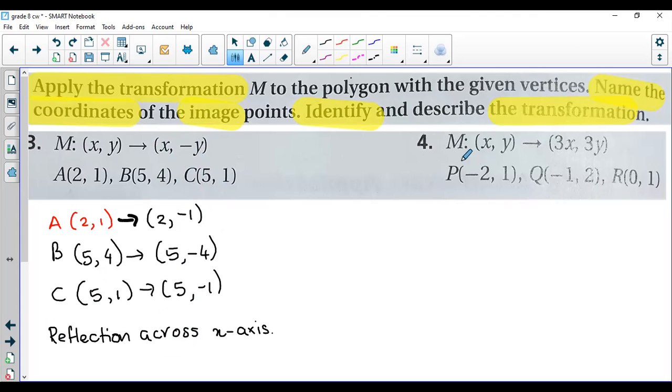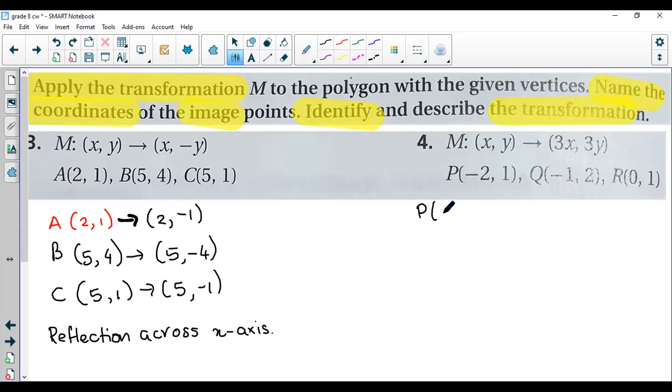Next question is, the xy has transformed to 3x, 3y. Now there is a scale factor here. So the scale factor is 3. Which transformation has a scale factor? The only transformation which has a scale factor is translation. So from this rule itself, you can identify that it is a translation with a scale factor of 3. So when describing the transformation, you need to say it is a translation with a scale factor of 3. But then we have to write the